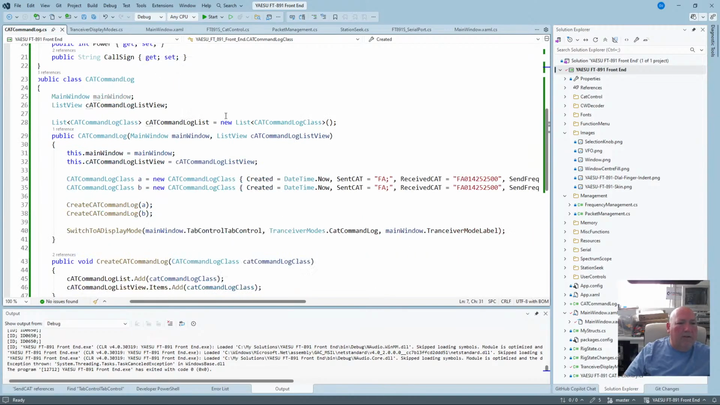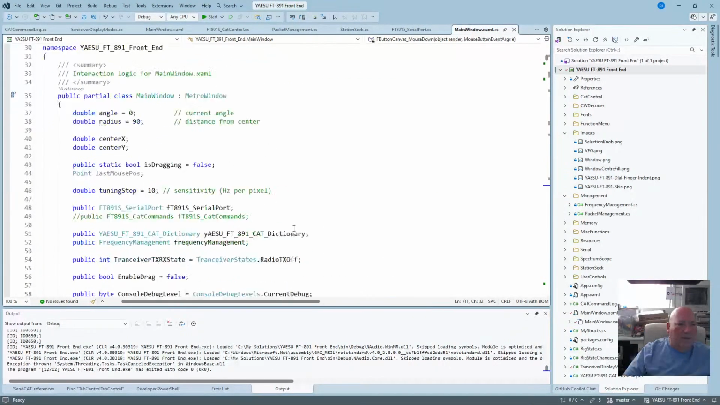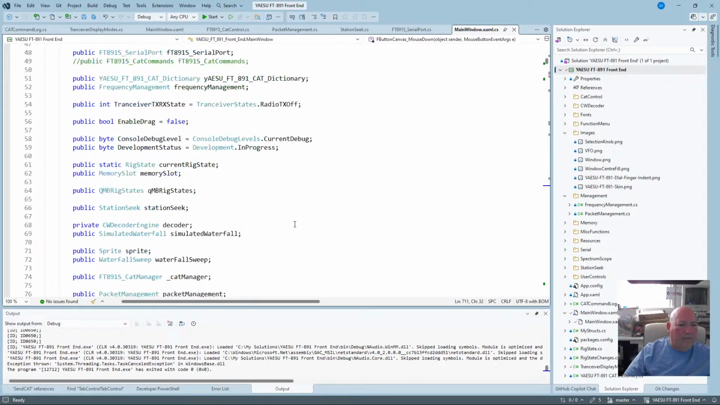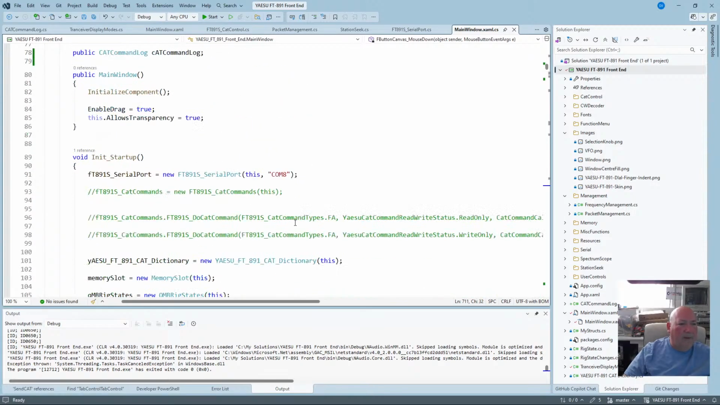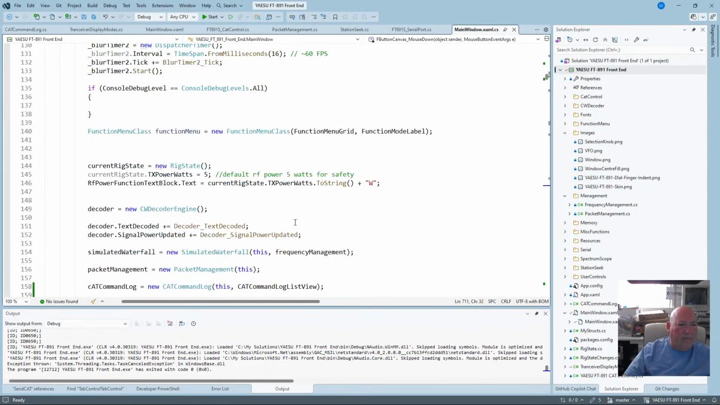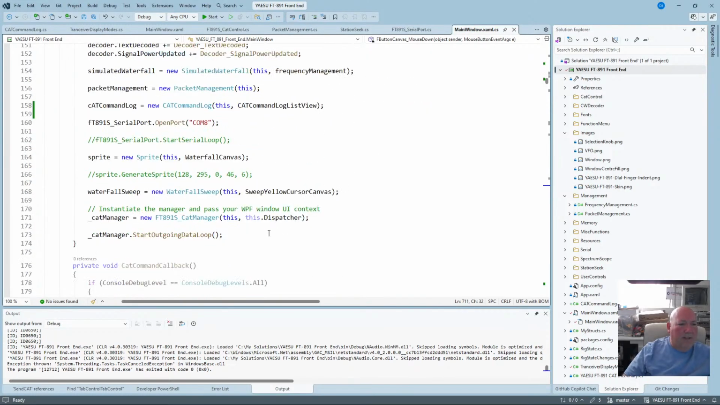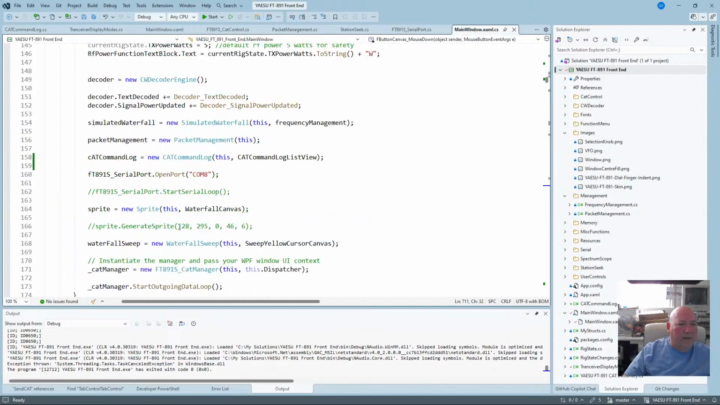Should have worked, unless something else is switching it back. Ah, I know what I'm doing. I've actually switched something later on in the list, so it must have gone and come back again. So let's have a look. So somewhere past it, we're switching something we're doing here. Cat command log, packet management,